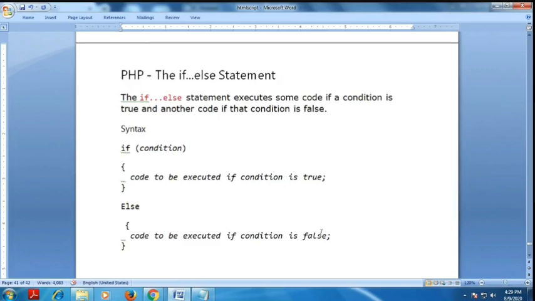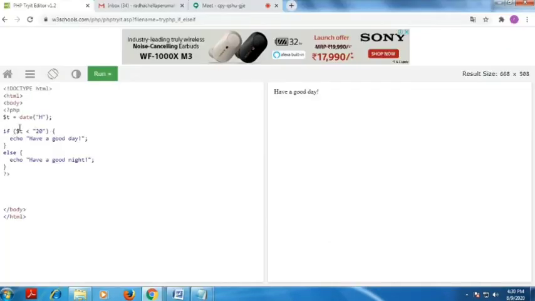Why do we use if else? We want to know whether the condition is true or false. If the condition is true, the first statement will be executed. If the condition is false, the second statement will be executed. If you have to check this type of condition, you use the if else statement. See here, I use the same date function.